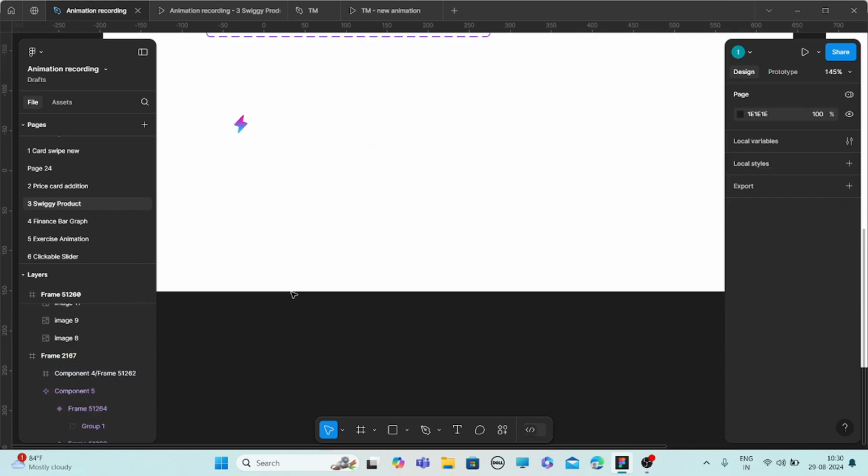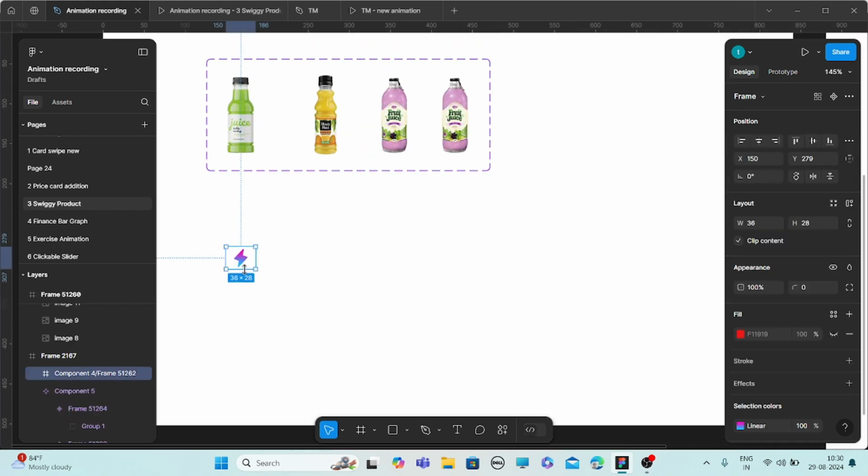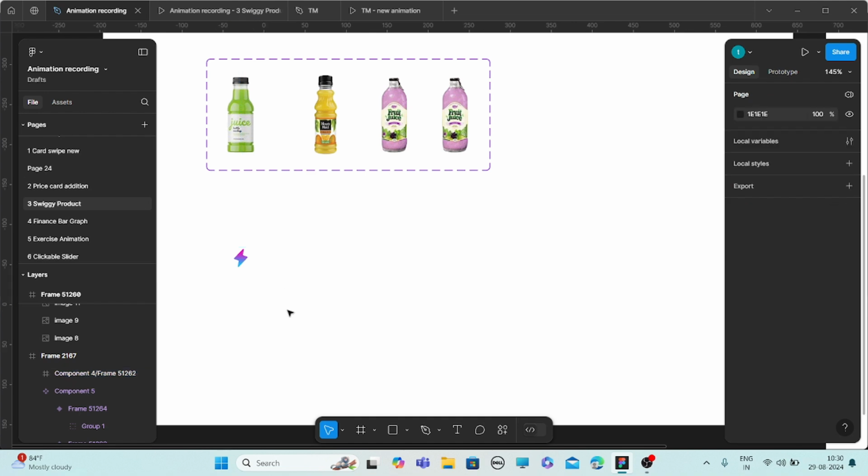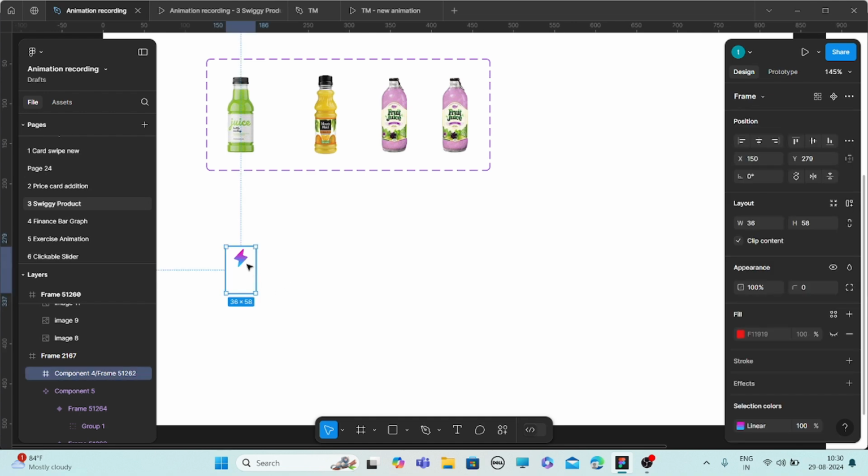Okay, now the most important part here is the frame. Just hold Control on the keyboard and give some space, as we have to move this icon down.